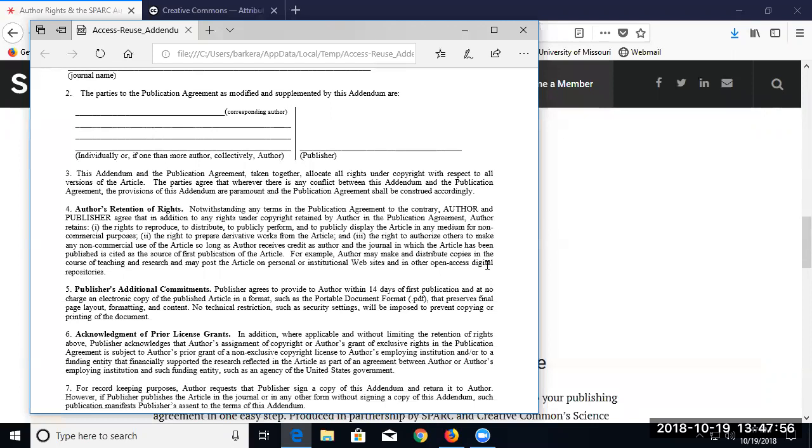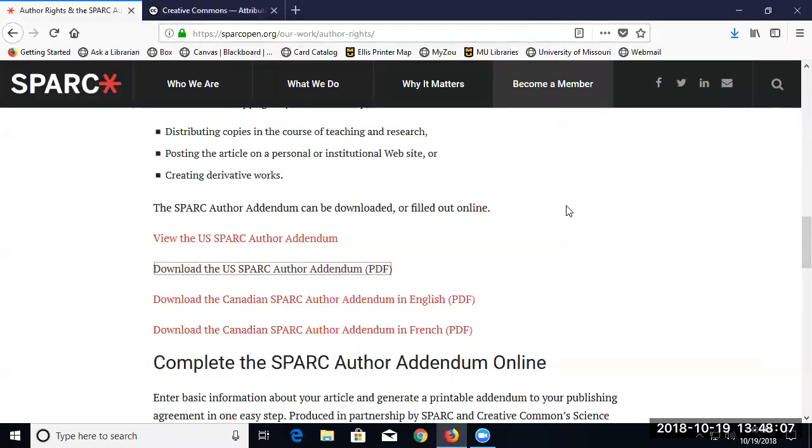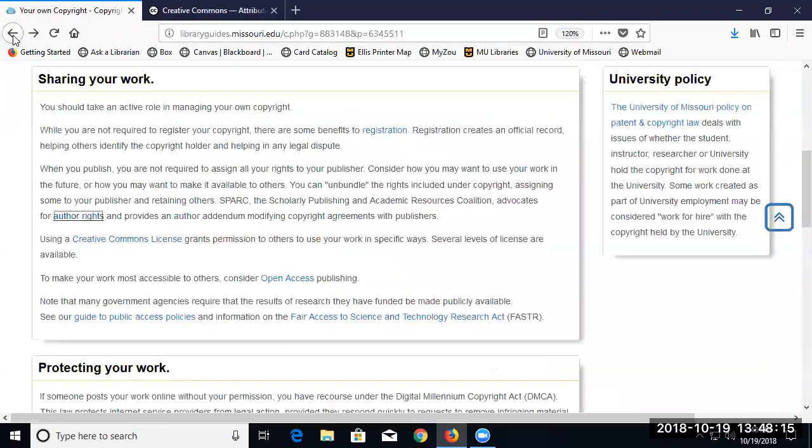We've done some other workshops where we've actually gotten publication agreements from different publishers, and we've gone through and marked them up to say, nope, I don't want to agree to that, I'm going to change that. I think a lot of times people who haven't had as much experience with negotiating these just think, well, that's just the agreement, I just have to sign on the dotted line. Well, no, you can amend that. You can scratch things out, change things. So that's something we want you to be aware of.